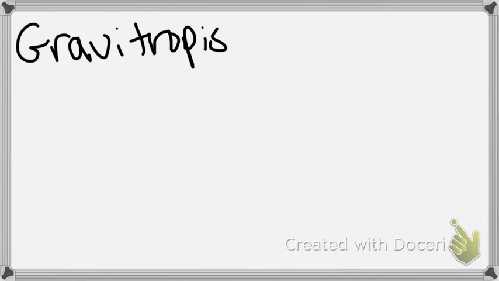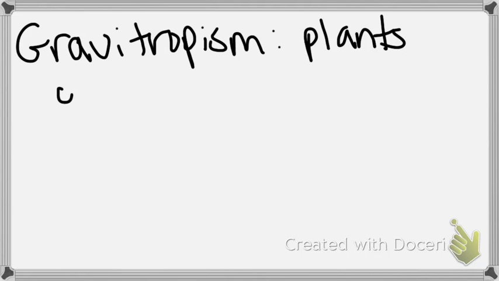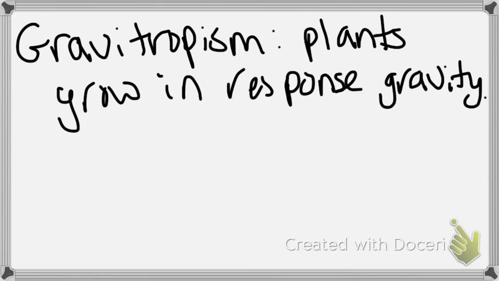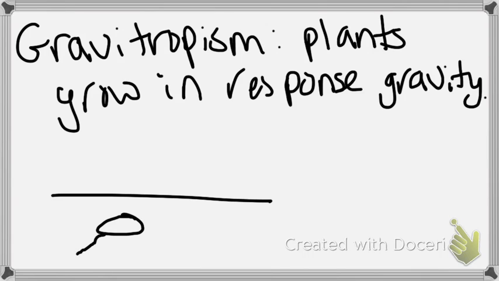And yes, if you're thinking that this means it has something to do with gravity, you would be correct. This means that plants grow in response to gravity. Now, if you've ever planted seeds, when you're putting a seed into the ground, there's not an upside or a downside. You simply put the seed in the ground and you cover it up with dirt, you water it, and you watch it grow. So as this seed begins to grow, it starts extending roots down,